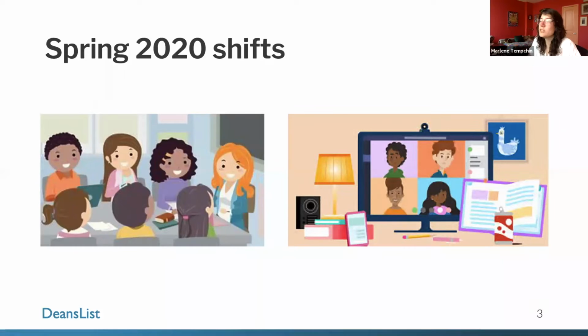So just to start, obviously spring 2020 was challenging. I know that for a lot of the schools that I've spoken with over the last several months, they're definitely in survival mode. What can we do to get our students through the end of the year successfully, or as successfully as we can?